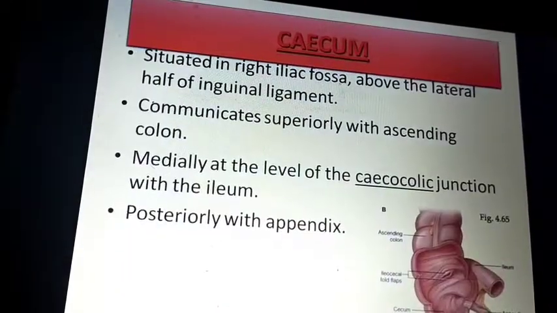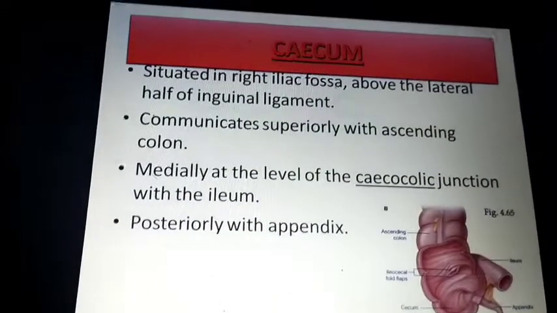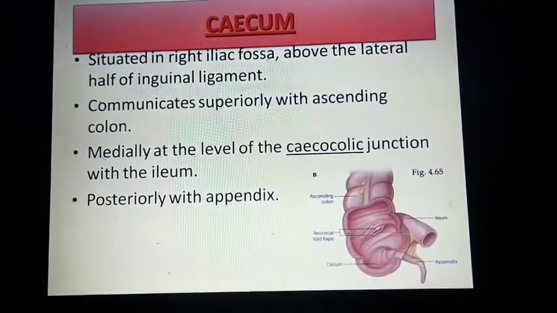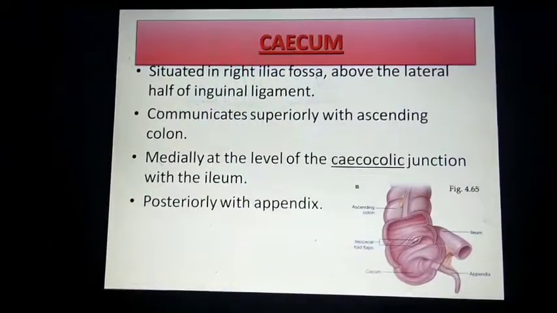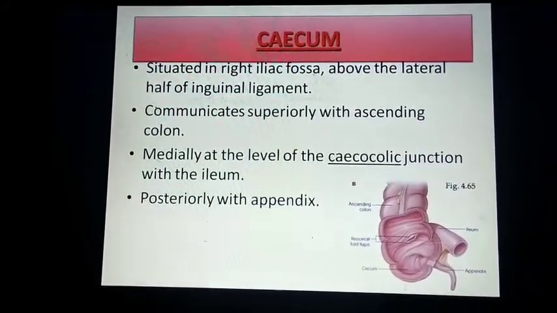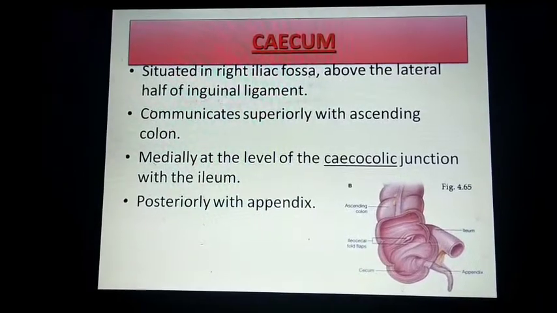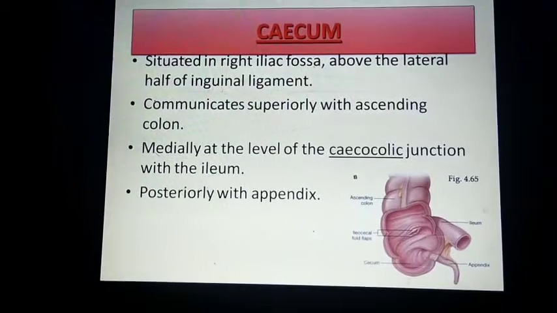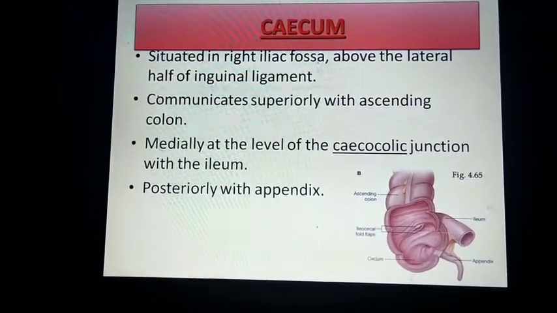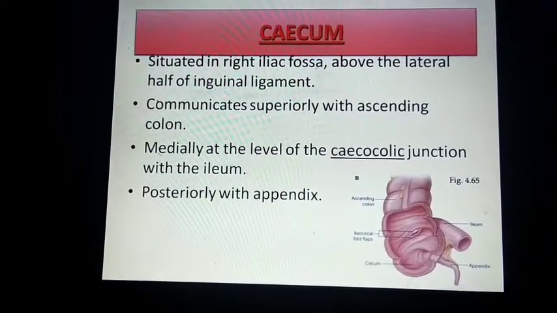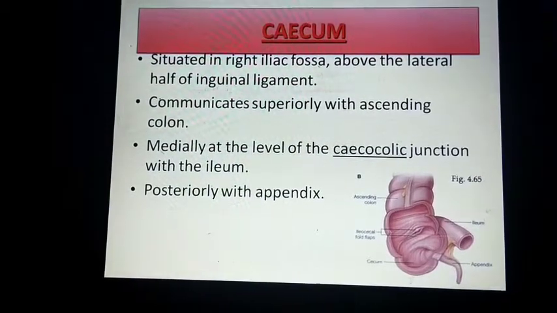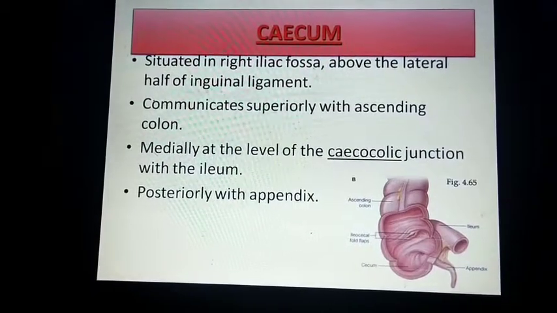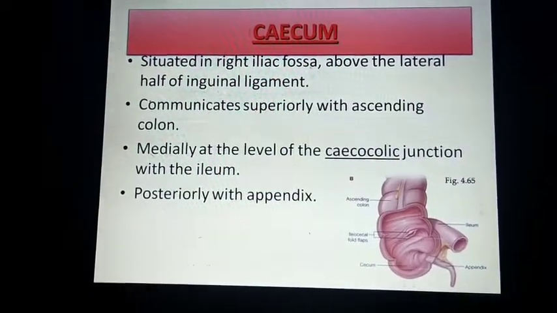Okay. Now we can go for the cecum. The cecum is the first part of the large intestine. It is a pouch connected to the junction of the small intestine and large intestine. It is a large tube-like structure or pouch in the lower abdominal cavity that receives the undigested food material from the small intestine.